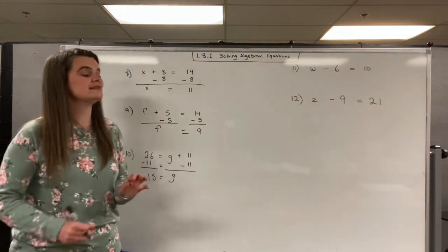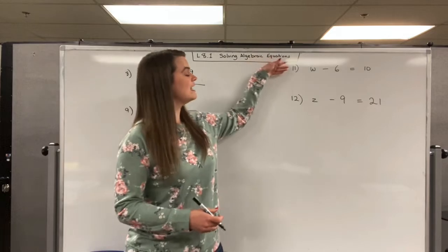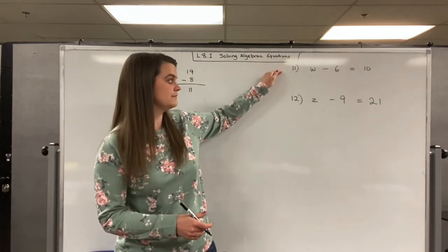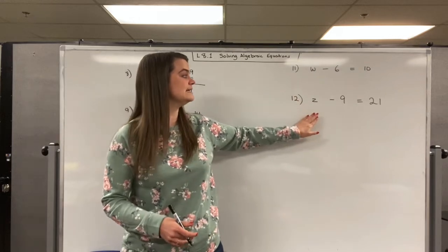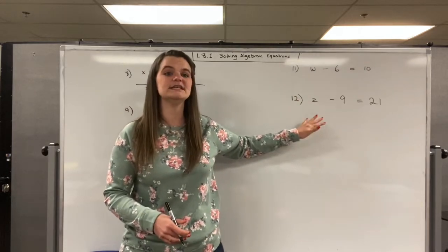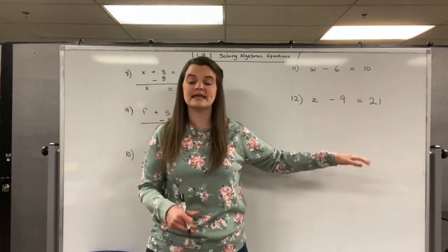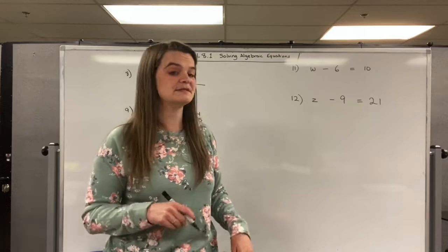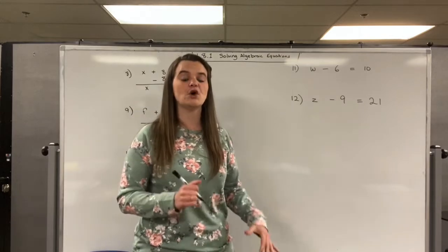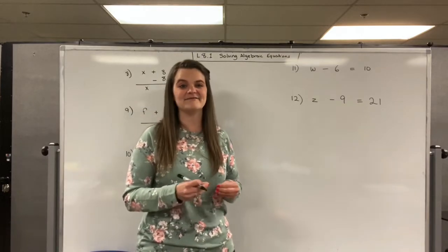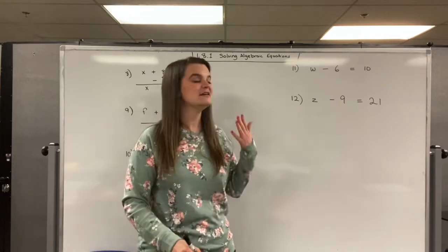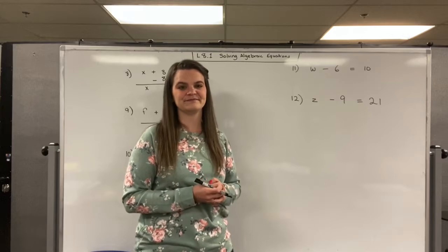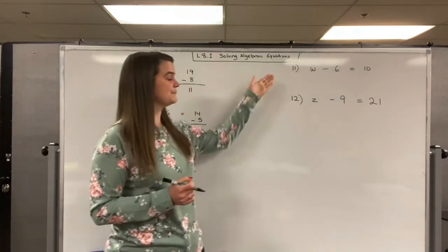All right, go ahead, show me the steps for numbers 11 and 12. 11 is up here. It says w minus 6 equals 10. 12 is here. It says z minus 9 equals 21. Again, I'm not worried about the answer. Yes, I do want you to get the correct answer. My goal is for you to show me the steps. So it's not just solving the problem, it's showing me the steps to isolate that variable, please. Pause the video, show me the steps to isolate the variable, come back, we'll check it together. Okay,